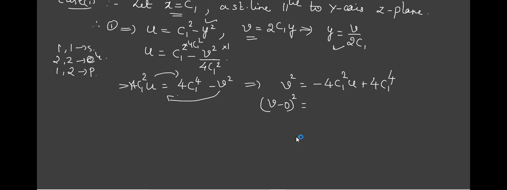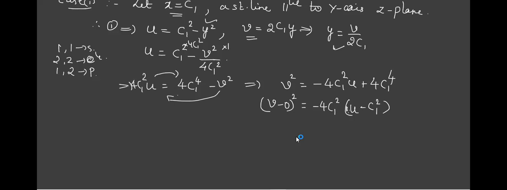Now, here you should have it in the form u, which means the coefficient of u should be 1 only, 100%. Along with u, whatever you have, you have to take it. What is the coefficient of u now? Minus 4c1 square, take it out. If you take 4c1 square out, you will get the coefficient as 1. How much is remaining? Minus 1, minus c1 square. Why am I doing it?